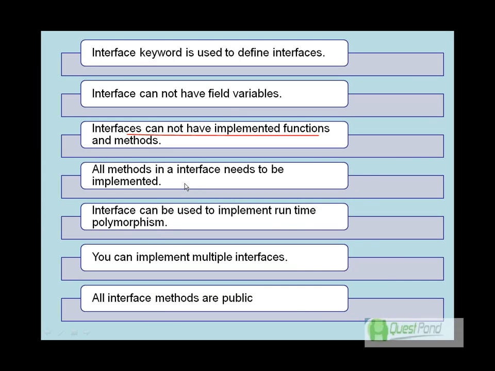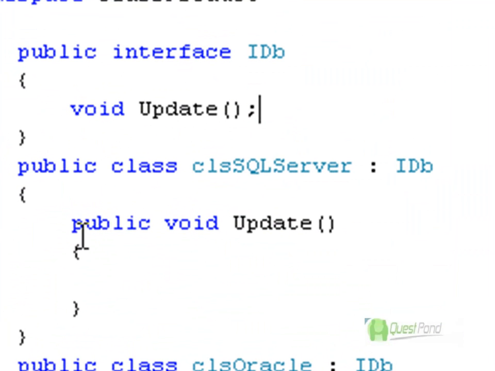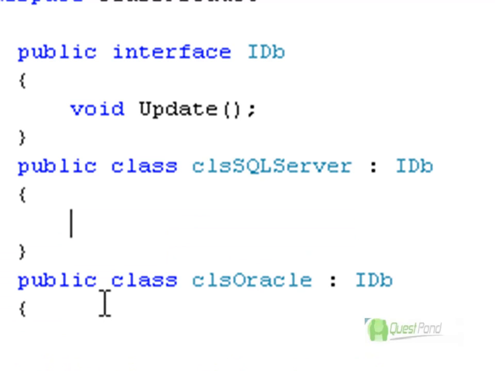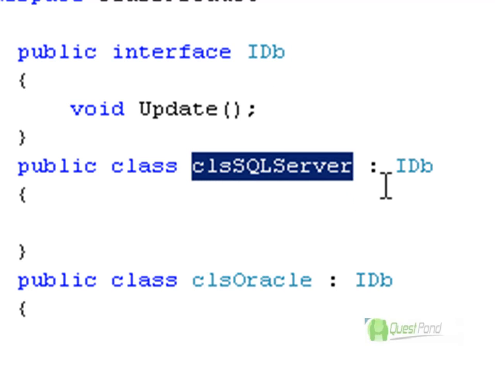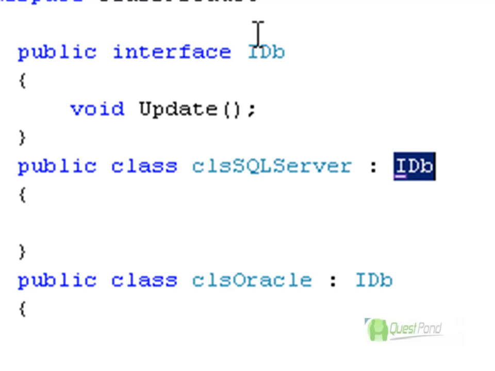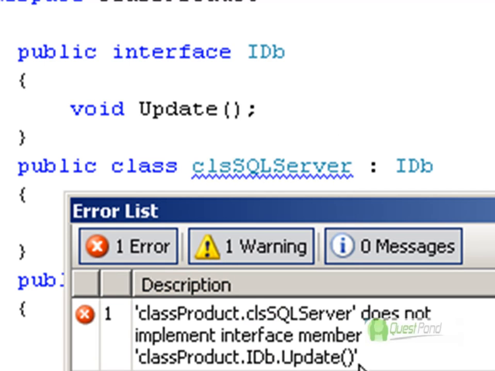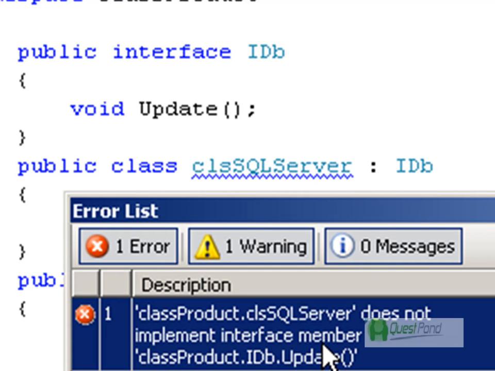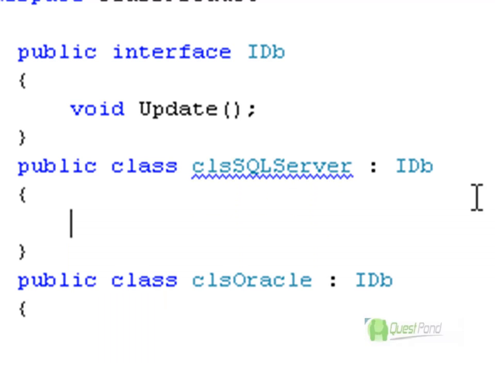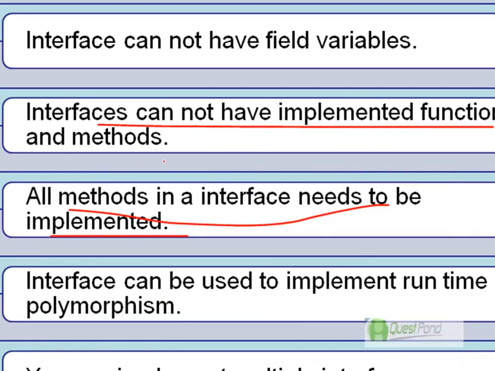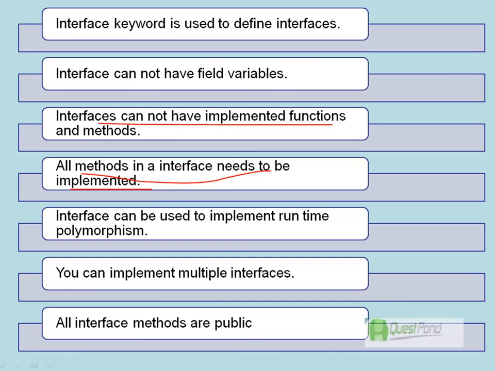The second important point to remember about interfaces is that all the methods in a defined interface need to be implemented. For example, here I have an interface called IDB, and a class called CLS SQL Server that implements the IDB interface. I have not provided any implementation for update, so this will throw an error saying that you need to implement this method: CLS SQL Server does not implement interface member update. So that's the second point: every method in an interface needs to be implemented by the child